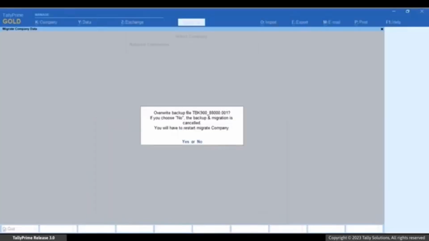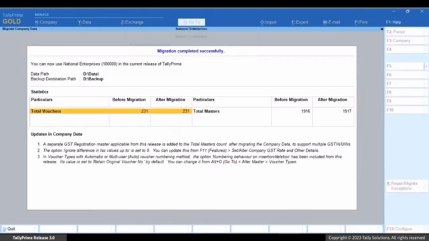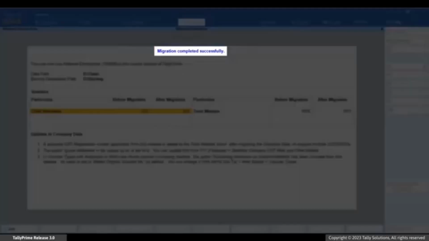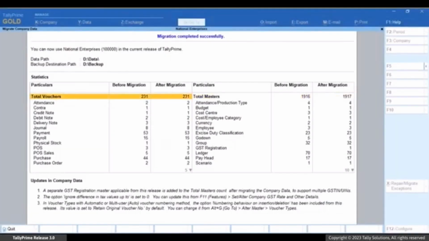As you can see, TallyPrime shows the progress of migration right from the creation of the 6-digit company to migration of masters and then transactions. Once the migration is completed, you get to view a migration summary report. You can see if the migration is successful. Press Alt+F5 to view the detailed report, and then you can compare the number of masters and transactions before and